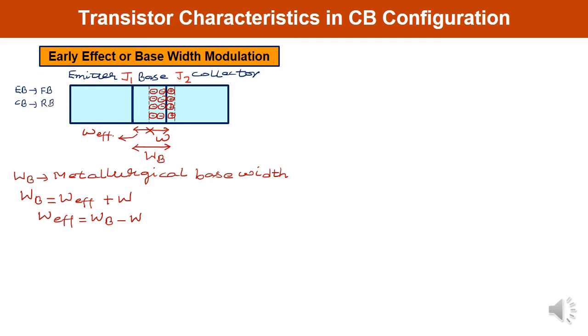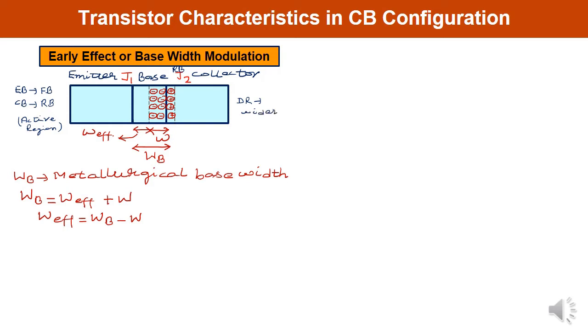Then the transistor will work in the active region. So what happens over here, if you observe the potential between collector and base, this is the reverse bias, the J2 junction is reverse biased. So you can observe over here the depletion region will be wider. Depletion region will be wider in case of the J2 junction.